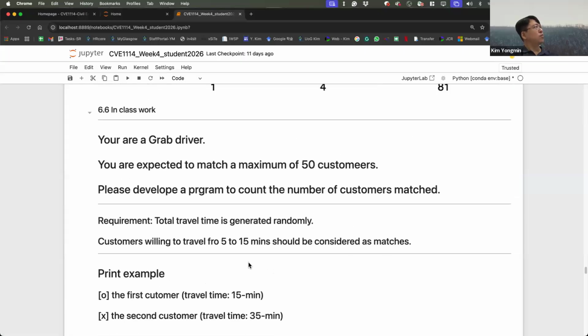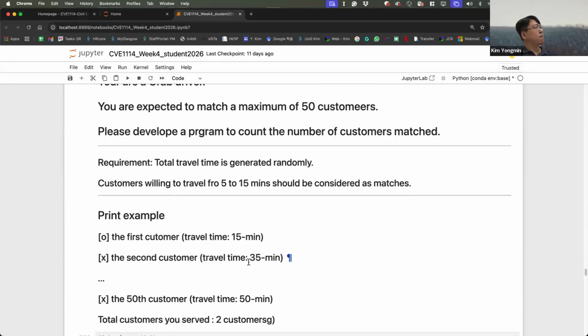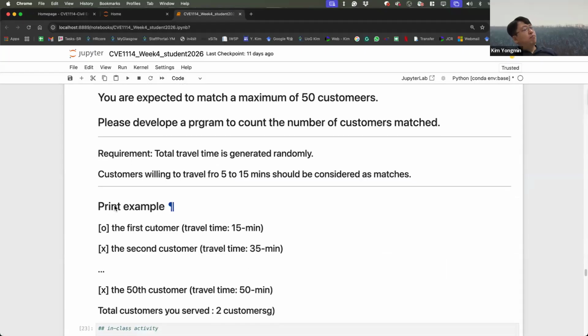So for your group class work activities, you can print out this kind of printing format: O or X. The travel time is generated randomly, and if the time is within these ranges, you put O. For example, more than 15 minutes or less than 5 minutes, I won't take this kind of customer.